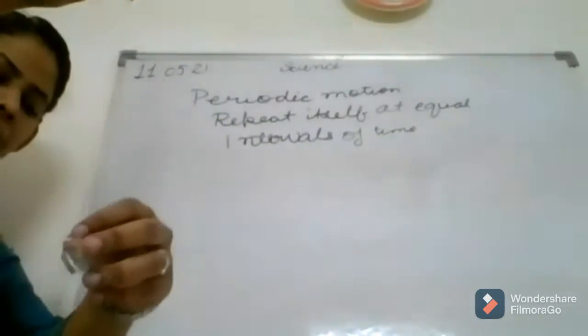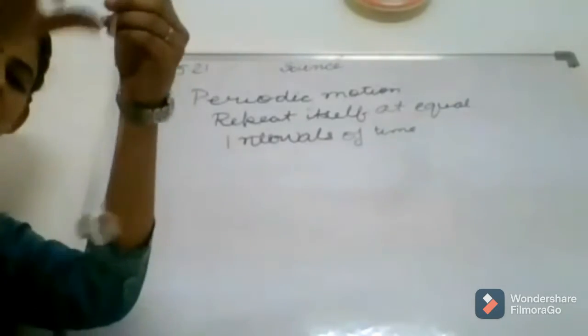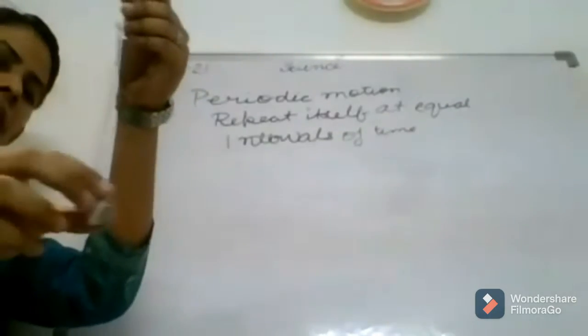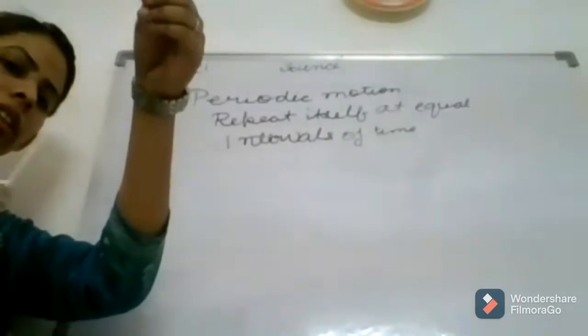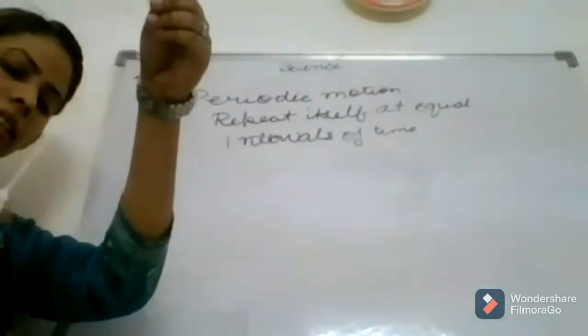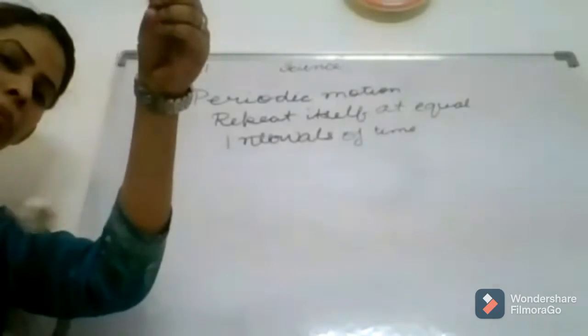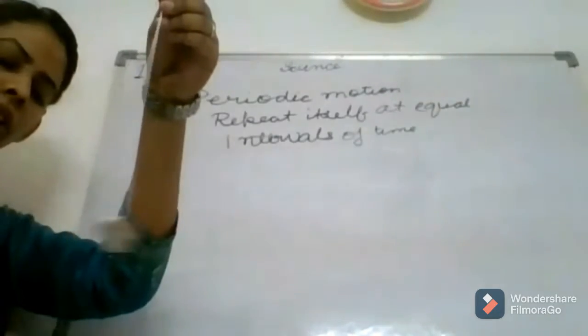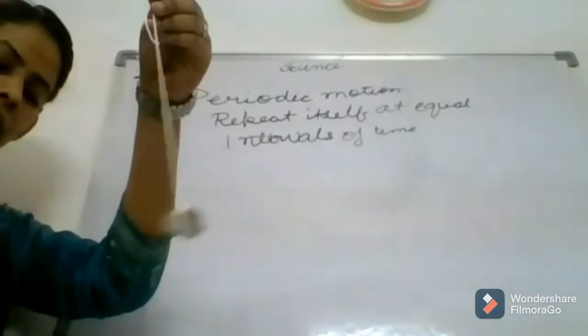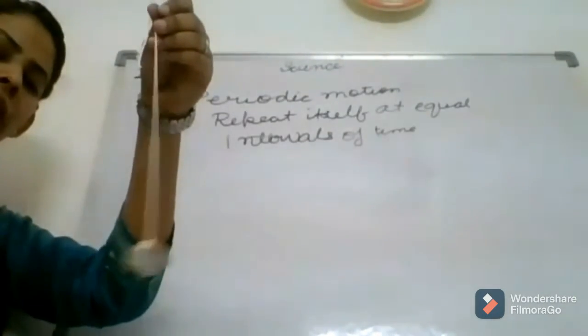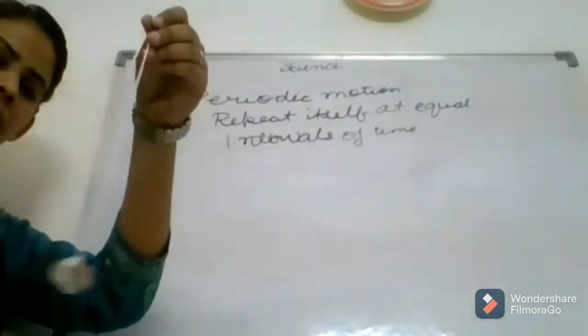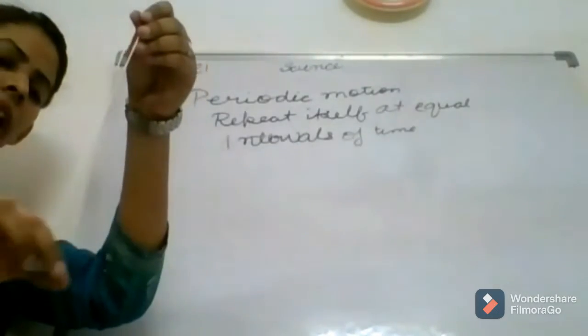Okay, now what will I do? I will pull the stone to one side. I am using my other hand. Okay, now observe it carefully. So this is a pendulum. Okay, you can also see figure number B, Figure 10.14b. You are seeing there is a pendulum below the clock. It is also like this.